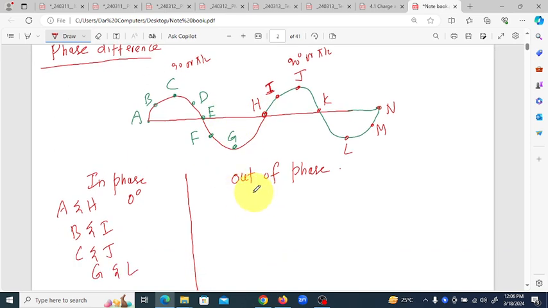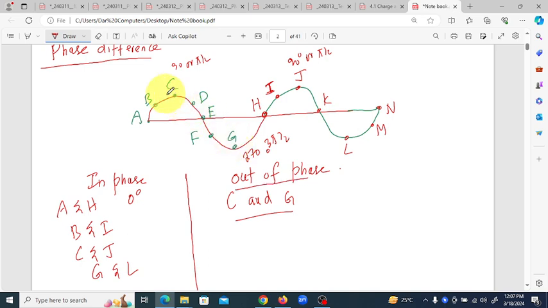Now, which points are out of phase? For example, C and G are out of phase. Why are they out of phase? You can see that the angle C makes is 90 degree and the angle G makes is 270 degree or 3 pi by 2. So they are separated by